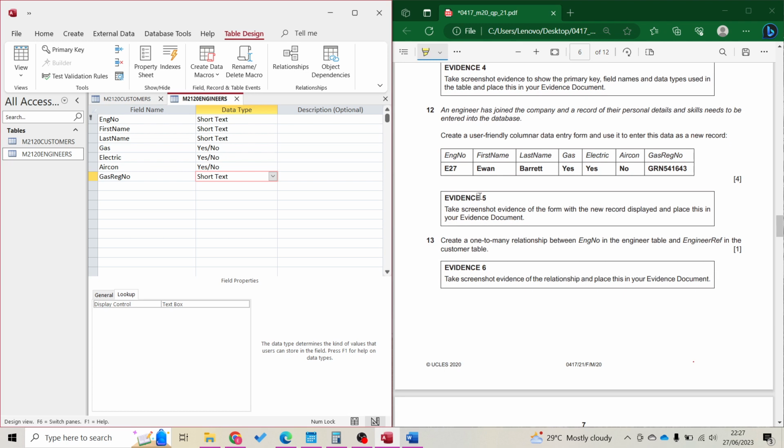Okay, next one. An engineer has joined a company and a record of their personal details and skills needs to be entered into a database. Create a user-friendly columnar data entry form and use it to enter this data. Okay, to get this one, user-friendly columnar data entry form. There are a few things that you can do, but the easiest one,